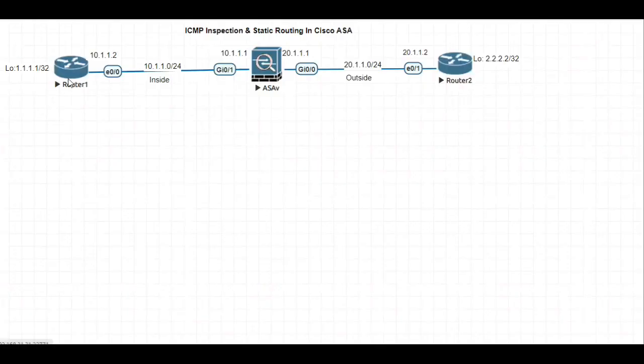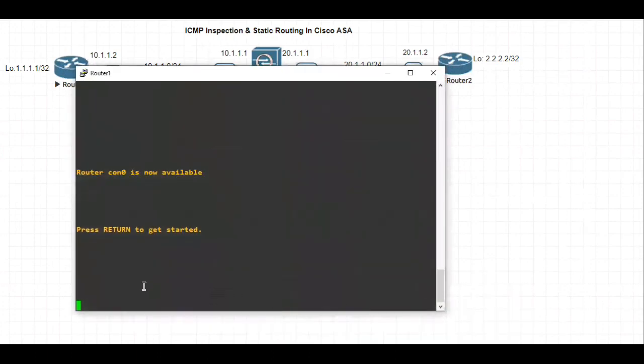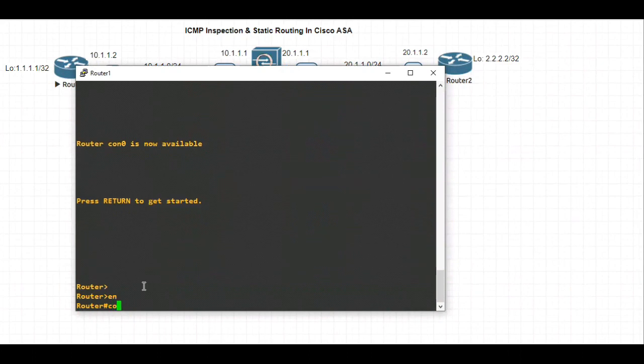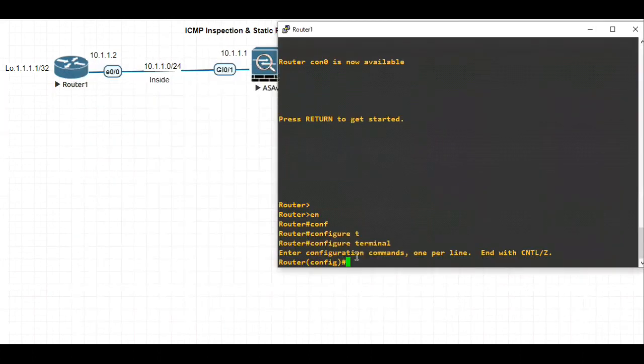Let's go ahead and configure the interfaces on all these devices one by one. So let's go with router 1. Configure terminal.